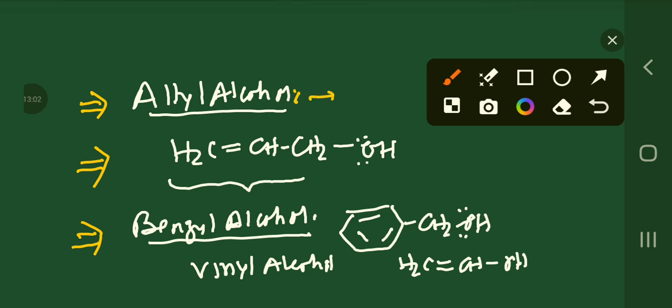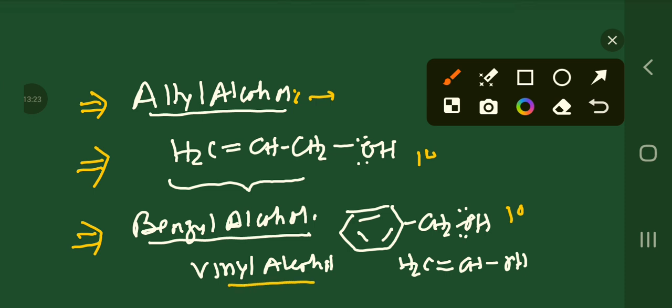In all these examples we can see that the hydrocarbon part is unsaturated. First one is allyl alcohol, which is attached with the CH2 part, meaning it is 1 degree alcohol or considered as primary alcohol, followed by benzyl alcohol,